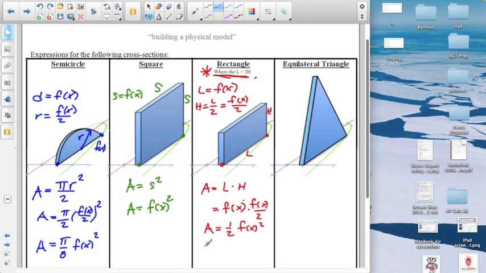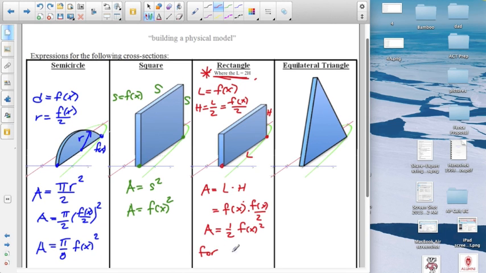For the rectangle for this specific proportion, for the height being half the length. So if you have a different proportion, you'd have to rebuild this relationship and get a new expression for that